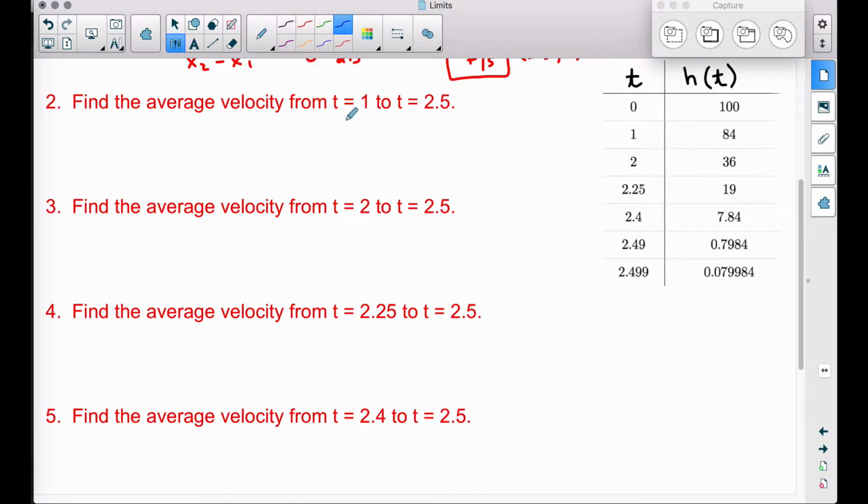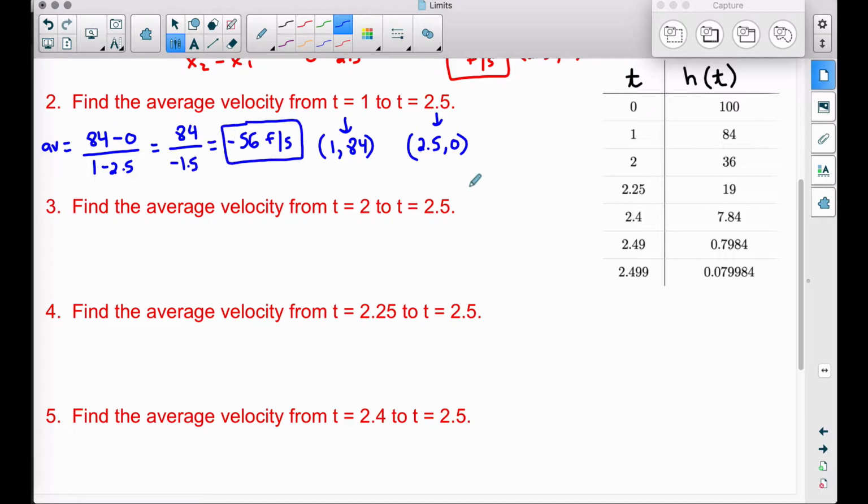So for question 2, our ordered pair for t equals 1 will be 1 second. And if you plug 1 into the function, I have it written right over here, but after 1 second, the rock's going to be 84 feet off the ground. After 2.5 seconds, we know the rock is going to hit the ground, or that's when the rock hits the ground. Let's do that same thing for average velocity. So doing this same exact formula, y2 minus y1 over x2 minus x1, we come up with negative 56 feet